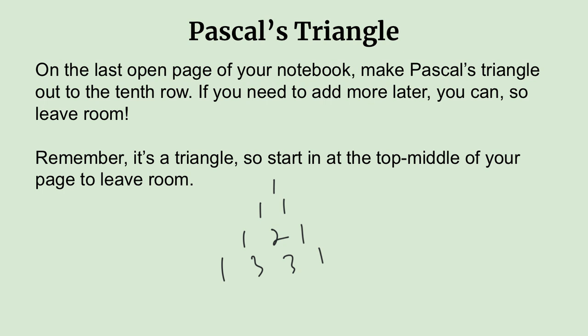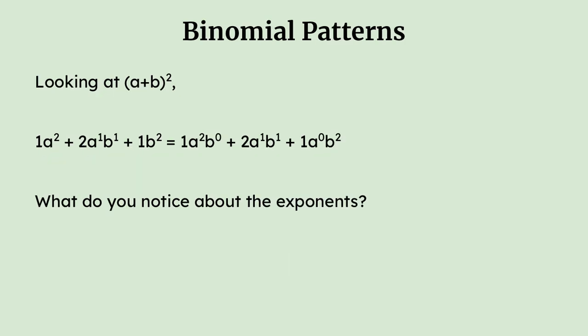So keep going, so that'd be 1, 2, 3, 4 rows. Go all the way down to the 10th row. This will be something that you'll refer back to often. As we look at (a + b) squared, and we get it simplified, we've got 1a squared plus 2a^1 b^1 plus 1b squared, which can be the same